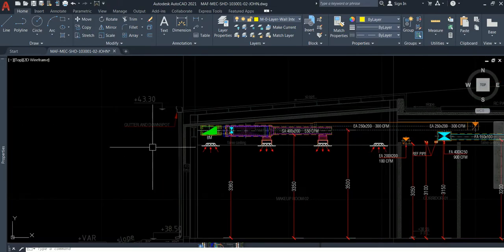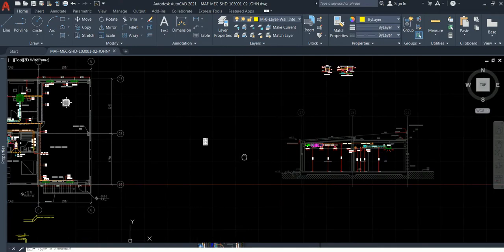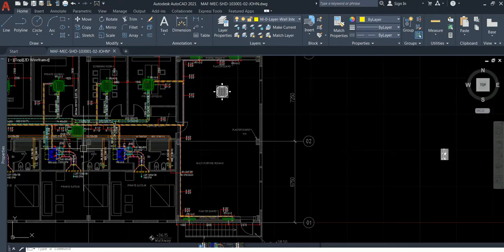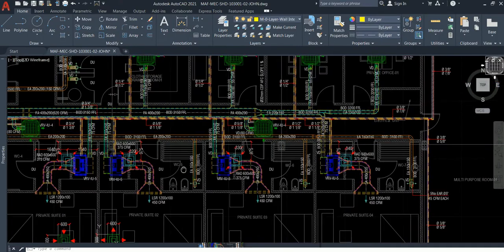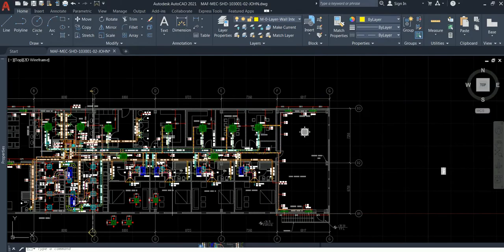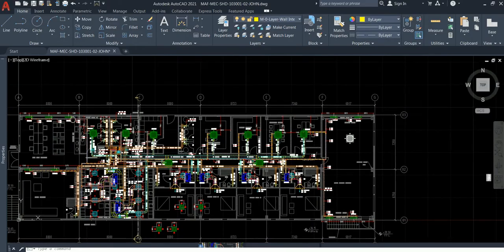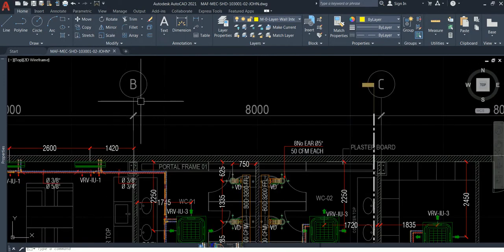I believe in the next class, moving forward, we will be doing the whole project in Revit from scratch. I'll be starting from linking the file, we would be linking the AutoCAD file, and then making the